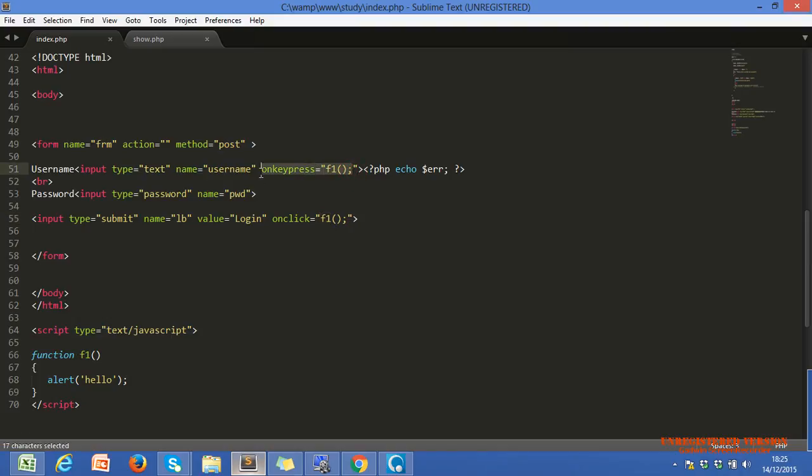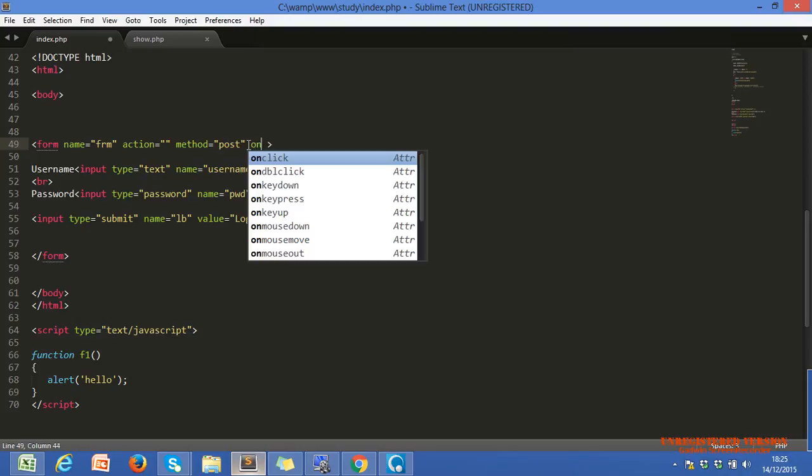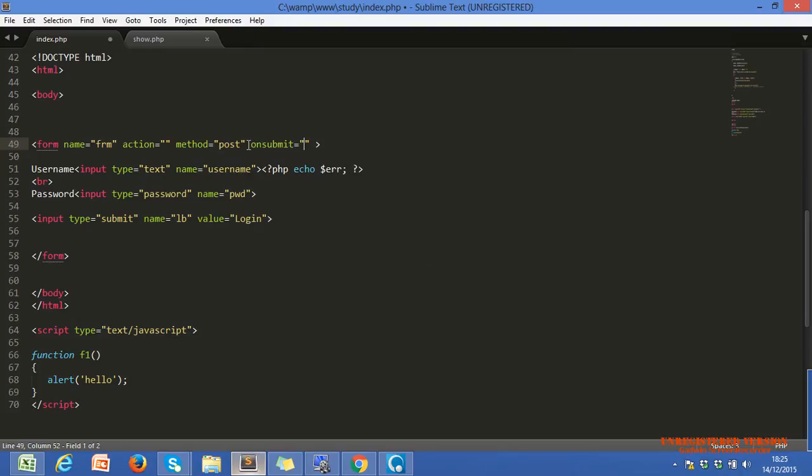We don't need this one right now, and also here we don't need this one. We need that function in onsubmit. Our form tag has an onsubmit event. This is an event of our form tag.